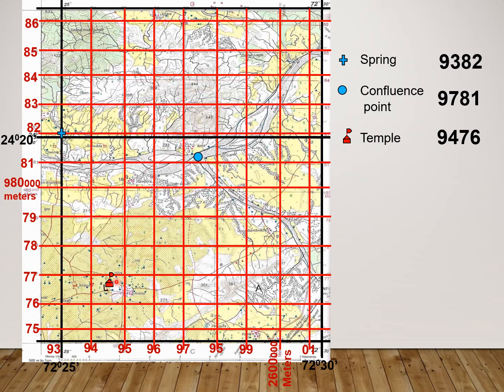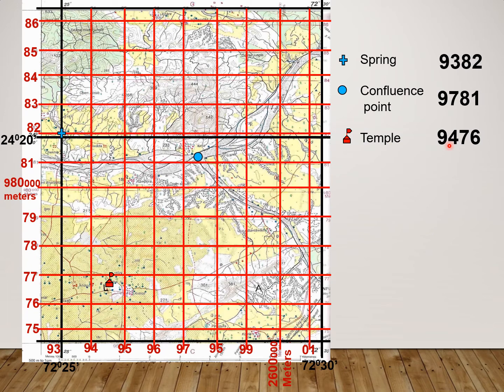It is here. What we are going to do is see first, always remember, we will be writing the first 2 digits of the eastings, the vertical lines. So which vertical line or which easting has this temple crossed? It has crossed this vertical line, that is 94. So against the temple, the first 2 digits I have written are 94.